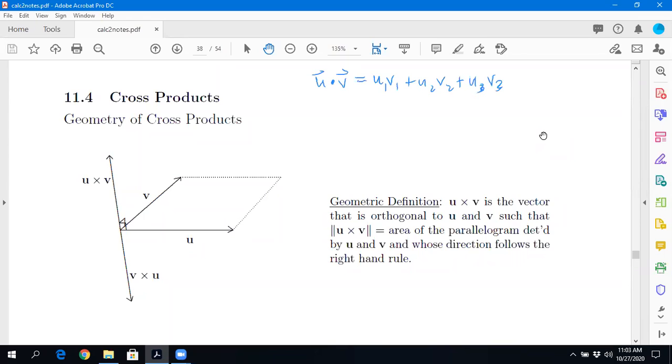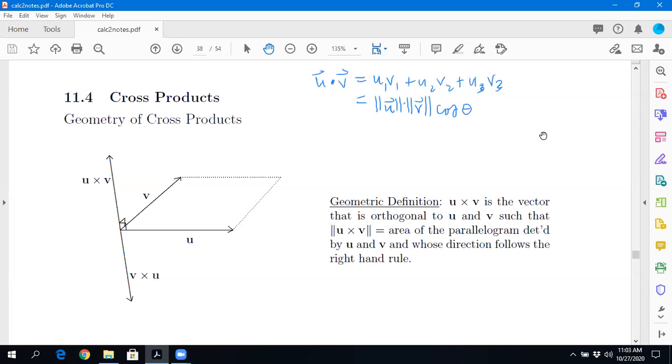But then we also came up with an alternative form of the dot product that was by itself very helpful. It was the length of U, length of V times cosine of the angle between U and V. And that helped us to realize what the dot product is actually telling us, which is what we suspected all along,